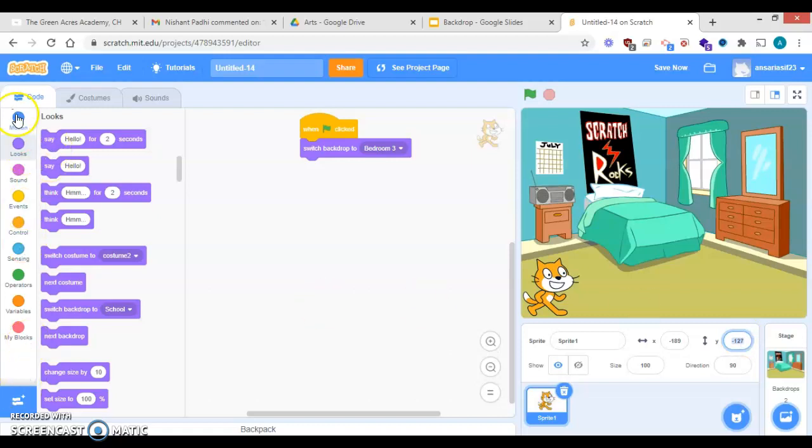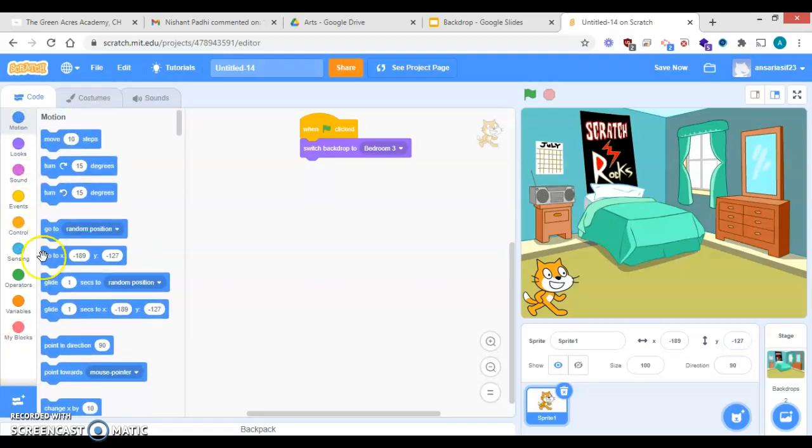So what I'm doing, I'm going to the motions, go to XY. What is the X coordinate that I'm able to see over here? The X coordinate that I'm able to see is 129 and the Y coordinate is 127. So that is fixed. Now if I want the cat to say something, I'll